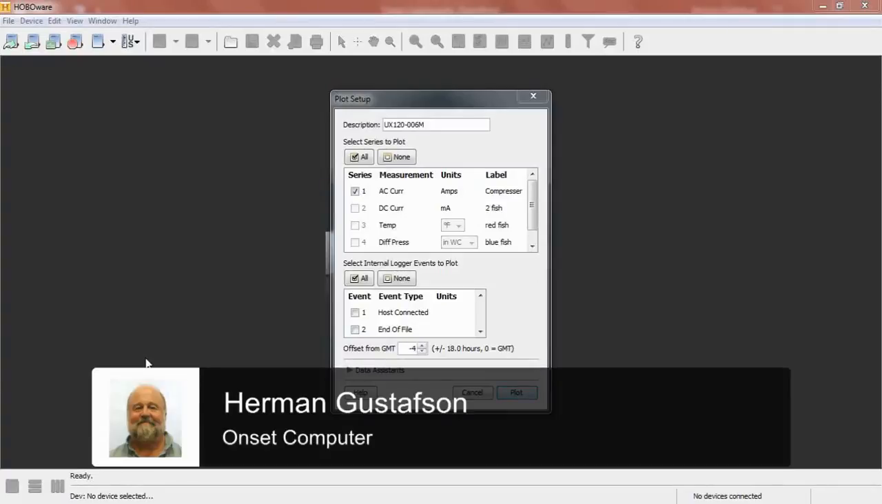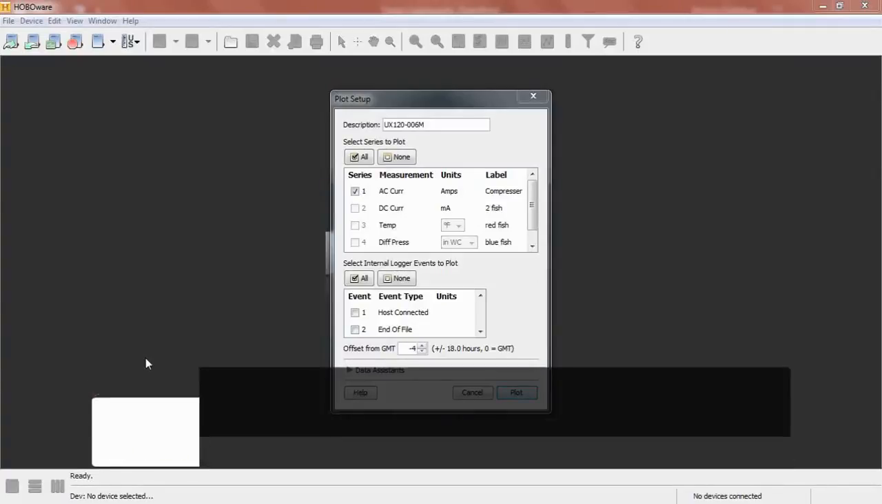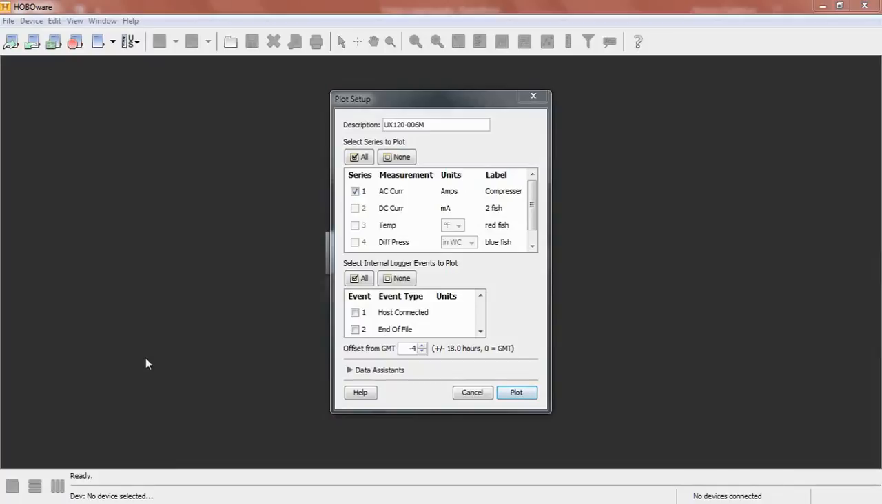I want to talk briefly about using alternative methods to determine energy consumption from runtime data, and what kind of load would be good to do that kind of measurement on. This is our compressor here at the Onset facility, and we put an AC current